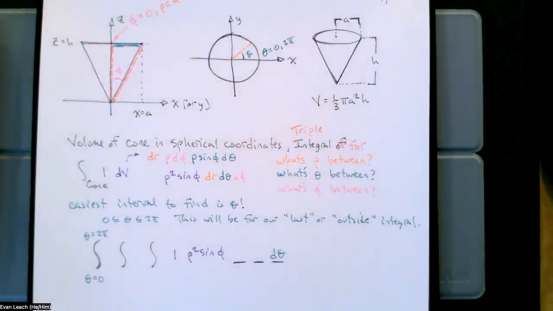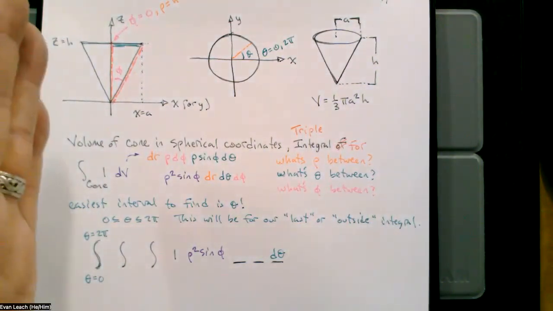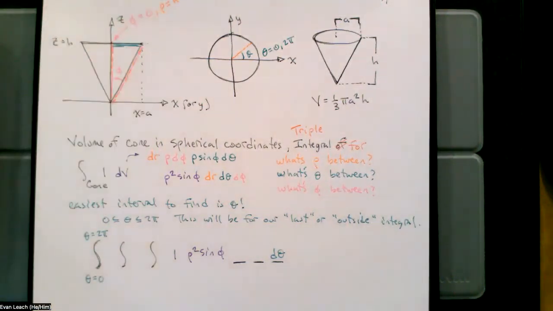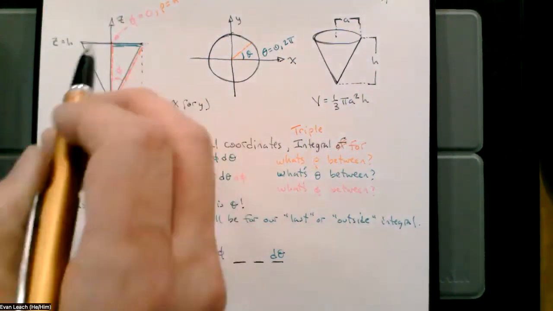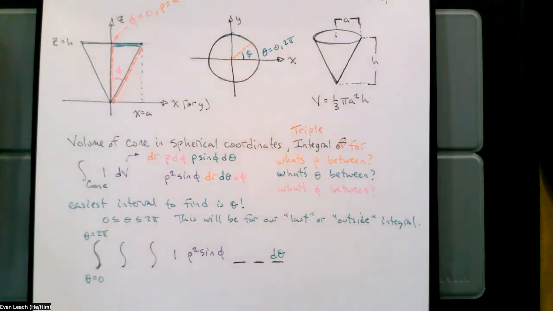Then we start making a triangle. Then as phi slides out, since the top of our cone is flat,